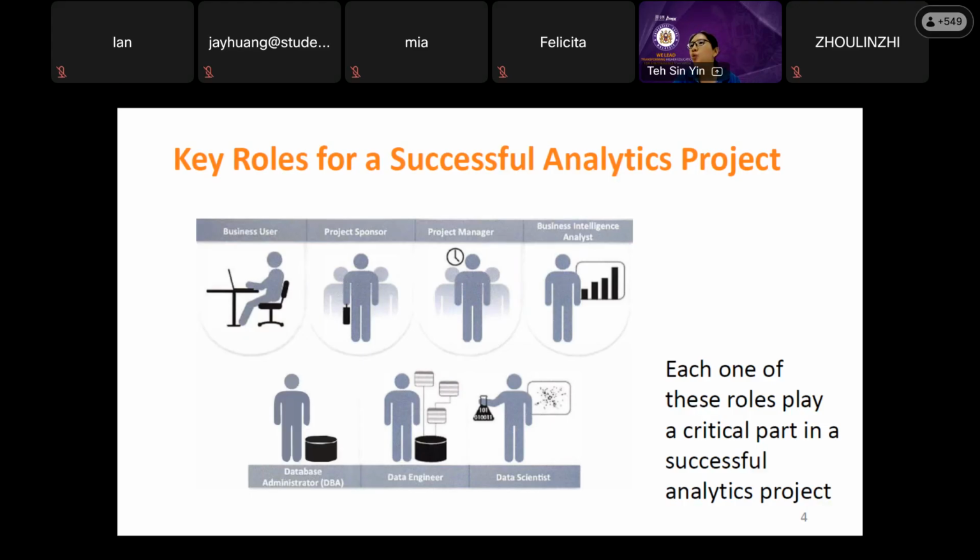How do we define what is a big project or a small project? It depends on the company. The company managers and the company boss will know what type of project is considered a big project and what type is considered a small project. Most of the time, it depends on the investment amount, how much money they spend. It also depends on the duration. If it's a big project, it will involve a longer duration. If it's a small project, most of the time it will involve a shorter duration.